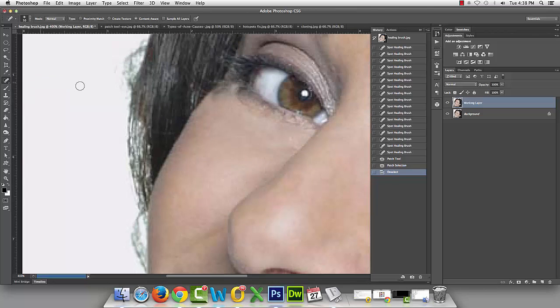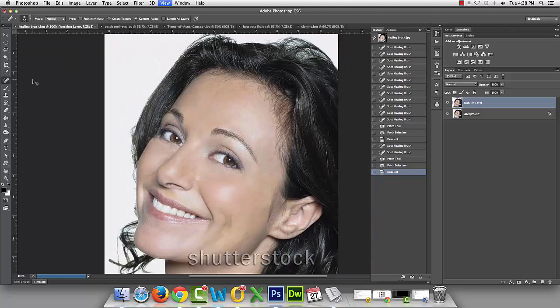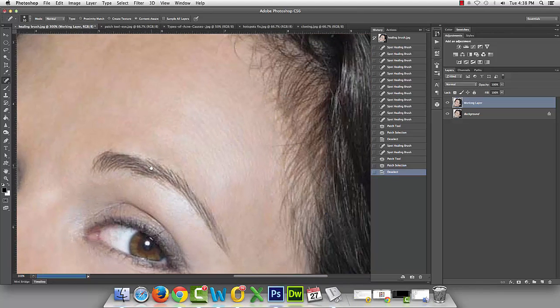Shall I just soften up just a little bit? It's looking like she's got a corner to her cheek, which isn't really what's happening. Let's give that another try. No cheek corners. And do just a little bit of work up here because you can see there's some fine wrinkles happening up